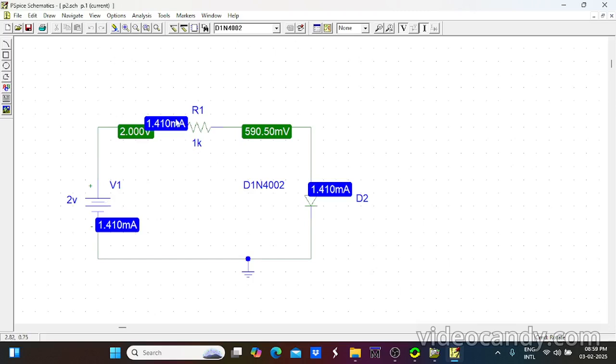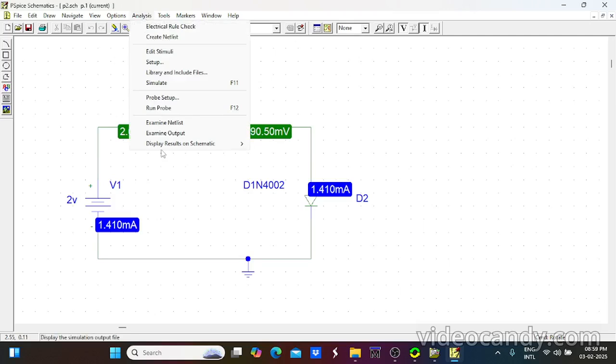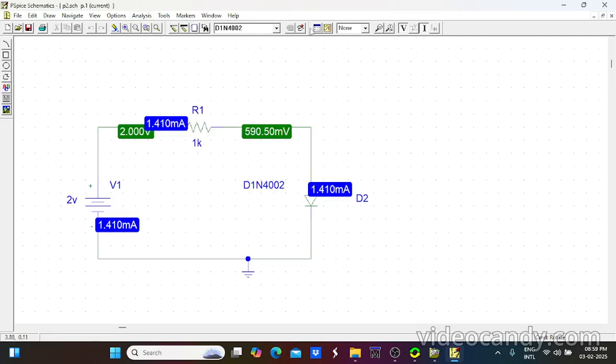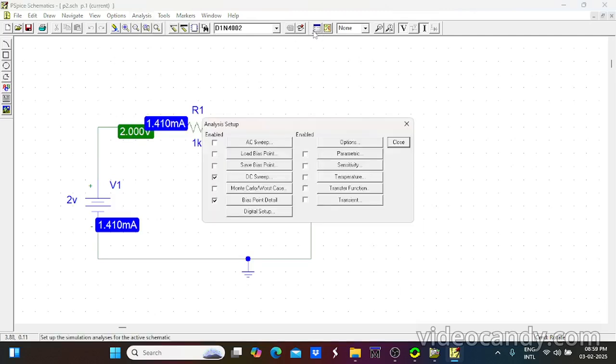And what is the voltage drop across this resistor? 1 kilo ohm is 2 volt. So that means the total voltage is 2 volt, and the voltage drop across this 1 kilo ohm is 590.50 millivolts. So these are the values that can be displayed by using this analysis and display results, voltage value and current value. Now we can go for setting this value, that is setup analysis, and select this DC sweep